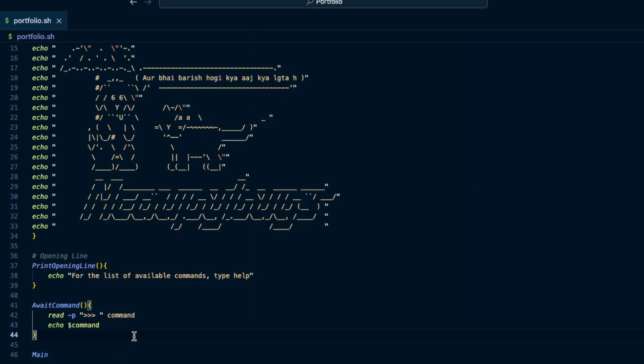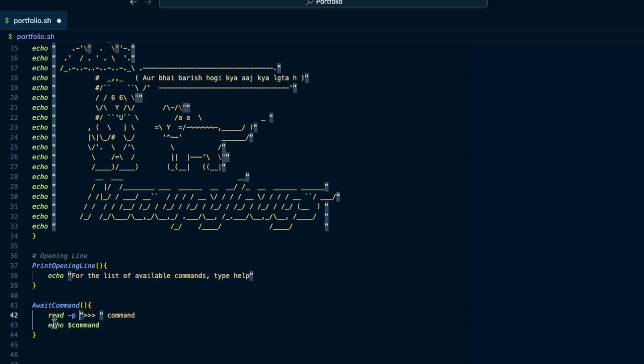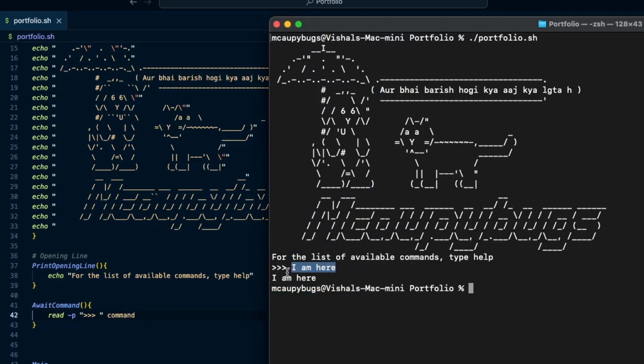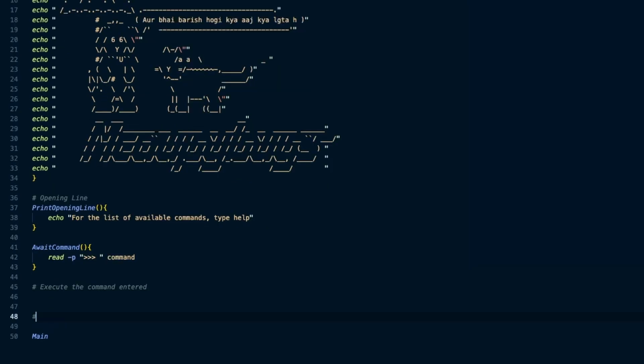So now we have to do two things. The only functionality it is giving to the command is just printing it out, so I'll remove that for now. We don't need to print out the command, we need to execute it. So there are two things we need to do: execute the command entered, and the second is to loop the input function